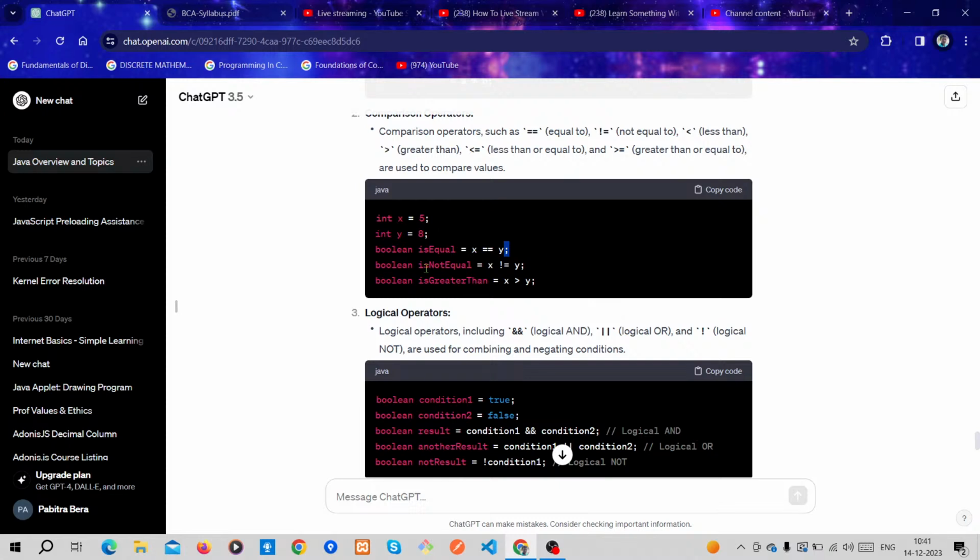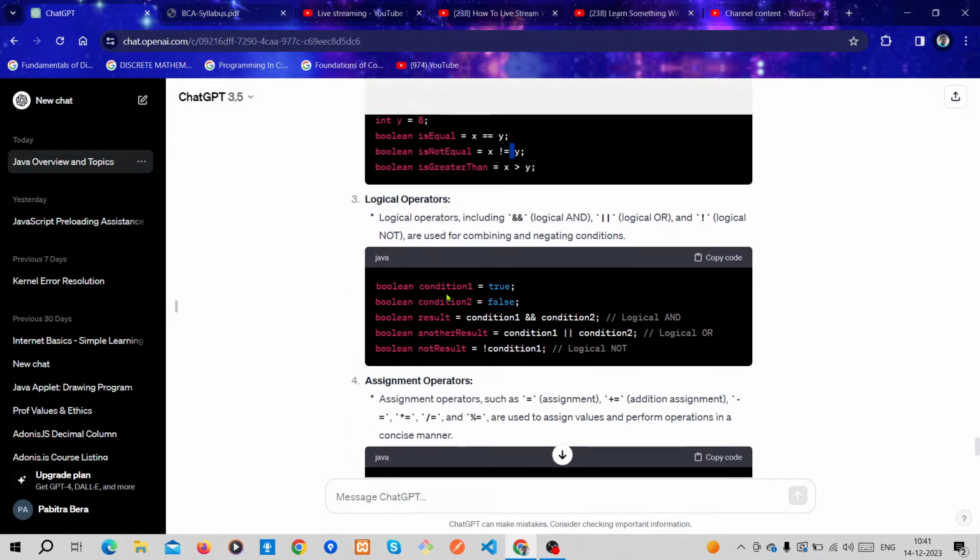Then not equal also checks whether the x or y value is the same or not, and then boolean isGreater checks whether x is greater than y or not. These are comparison operators.